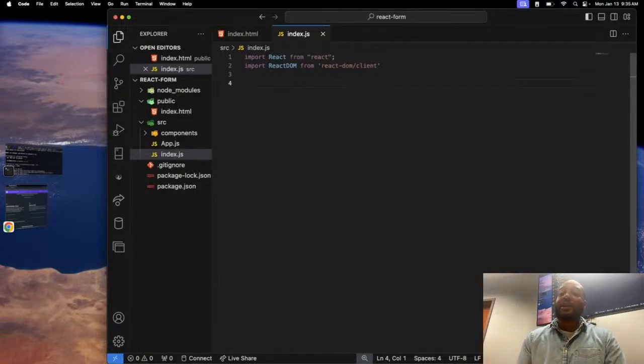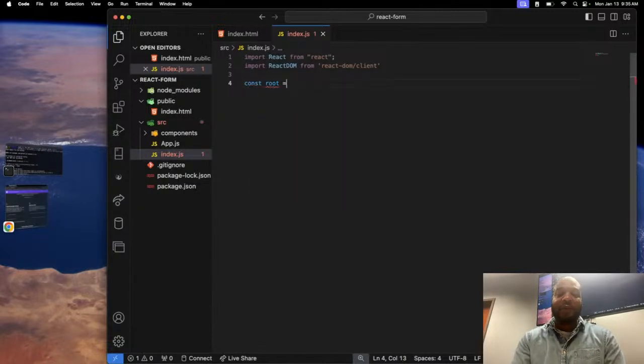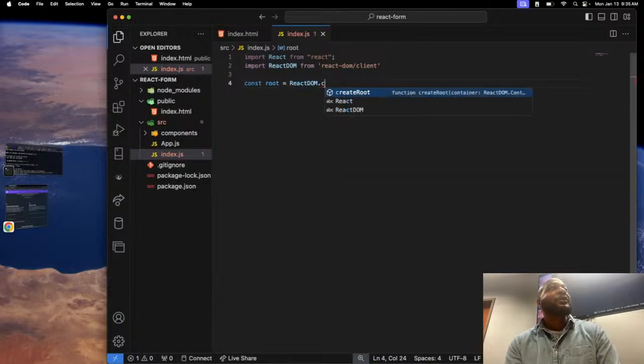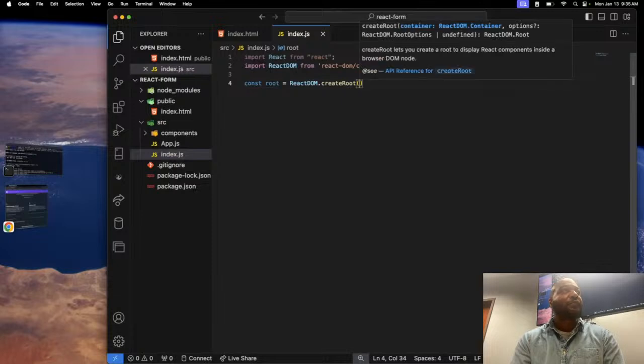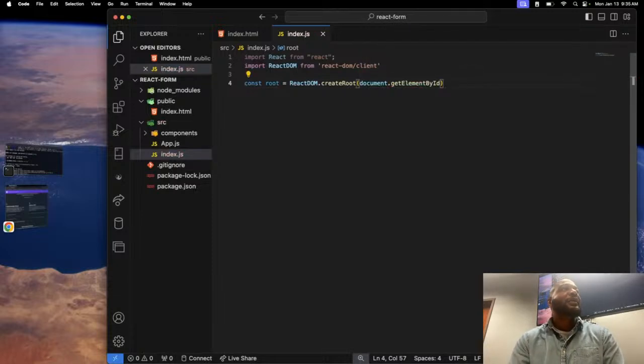What I am going to do is create my root, which is going to connect all this goodness over to my index.html so we can see it. So I'm going to say const root is going to get ReactDOM, and I want the createRoot method and pass in document.getElementById